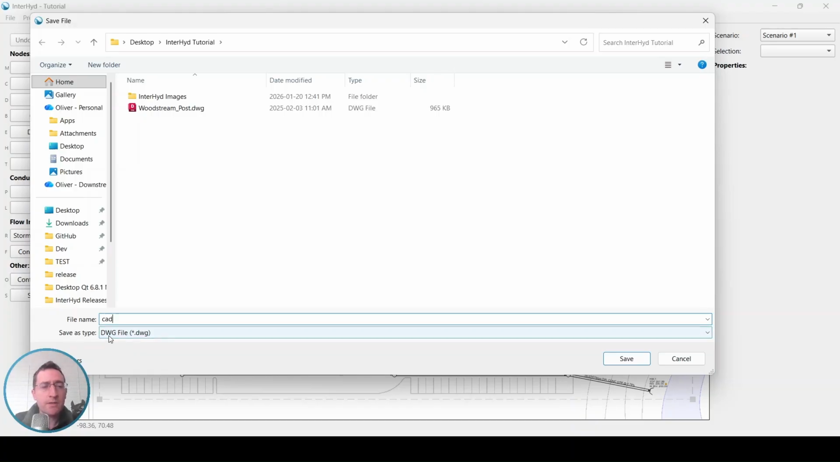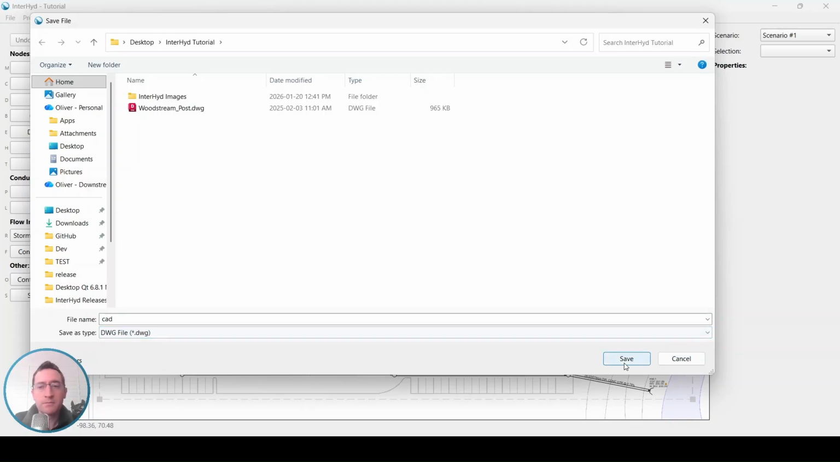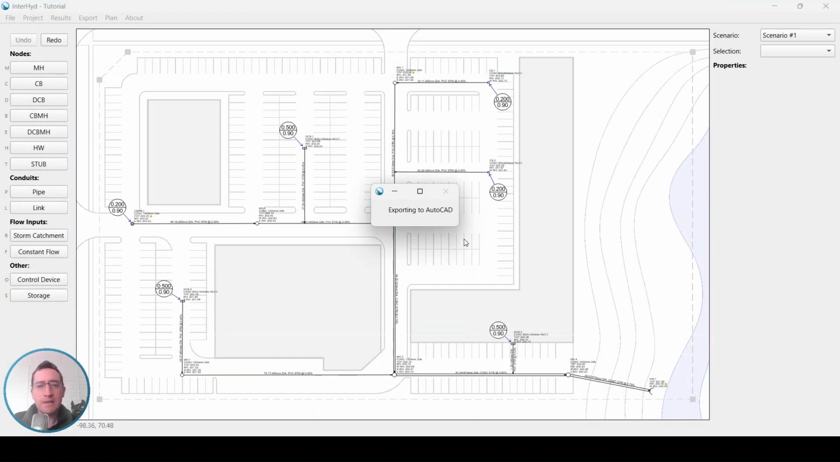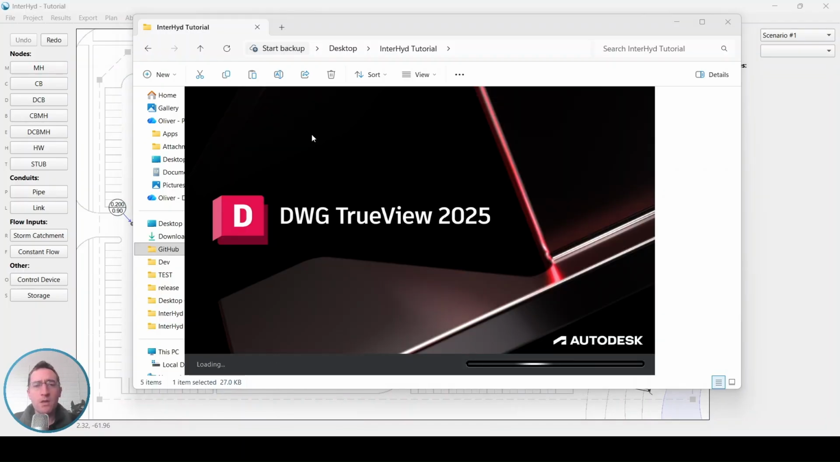And you can choose to save it either as a DWG, which is the AutoCAD file format, or as a DXF file. When you click Save, it'll take InterHyd just a few moments to complete the export process. So we'll just wait for that. There we go. And that will now have created this CAD.dwg file. When we open it,